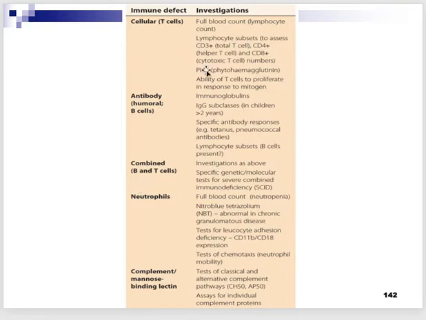So of course, combining all these things. There's a condition called severe combined immunodeficiency, SCID. Then there are tests to check the neutrophils, like we can check the neutrophil count. We can then do more tests, and we can do some tests to check the complement system as well. We are discussing the tests to detect the primary